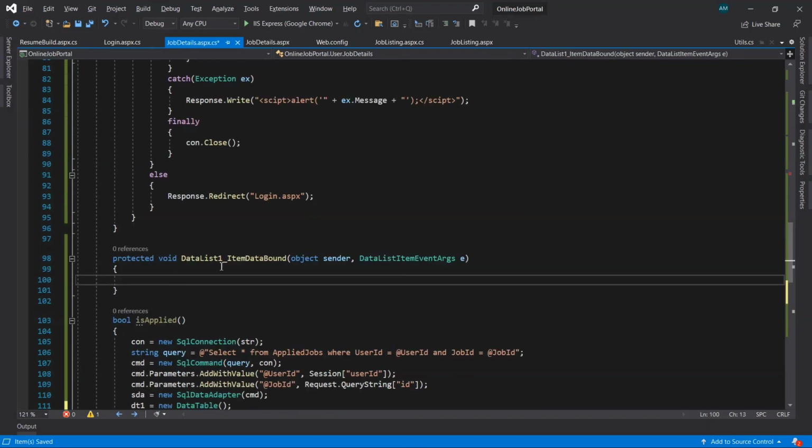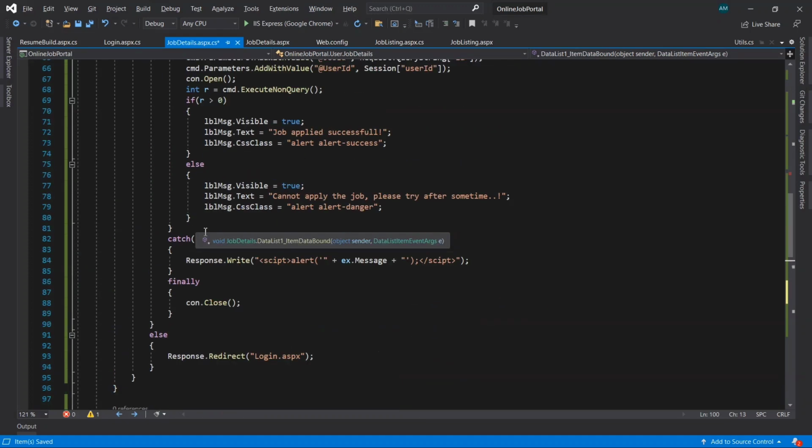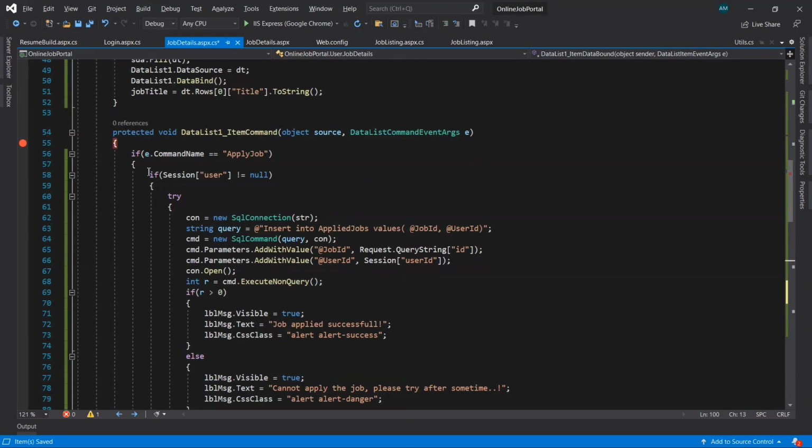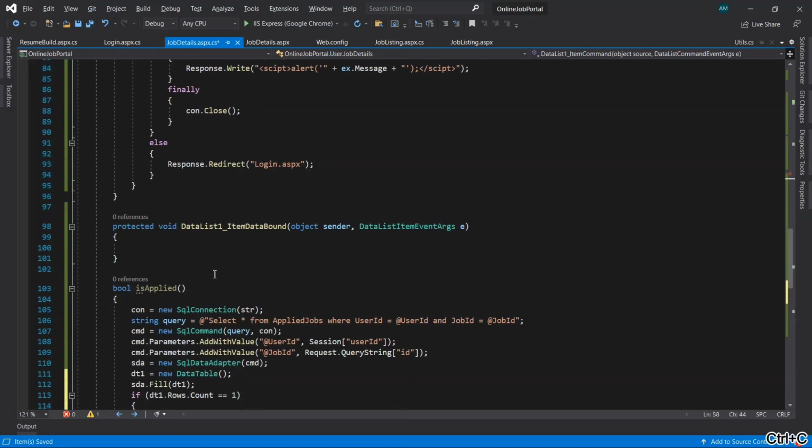Okay, now let's come to this event, the item data bound. So here we'll check whether the user has been logged in or not. So copying this code, paste it here.